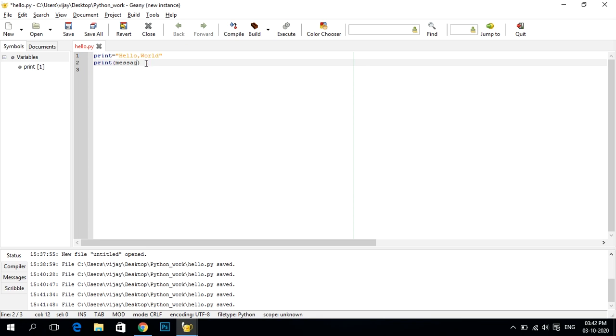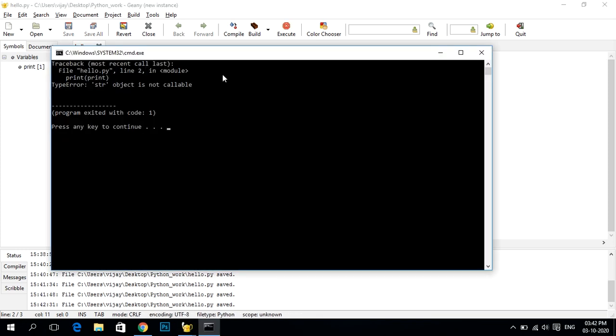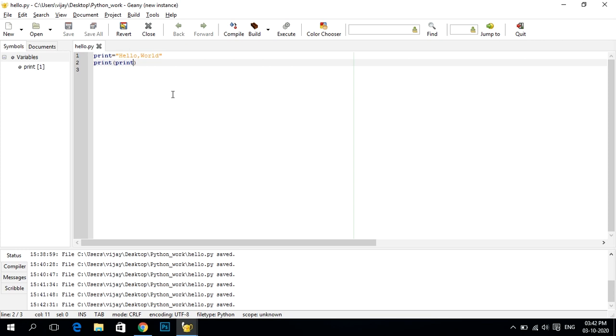It will give an error message. When you print it, it will give a type error, string object is not callable. It means that the print option is not allowed, because it is a keyword of Python.